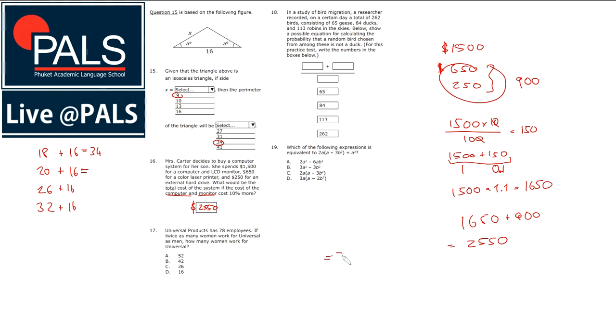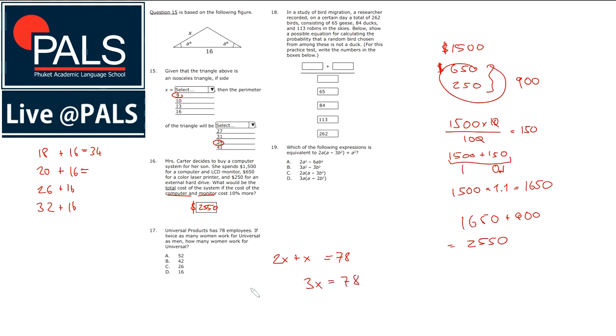Again, we know the total, 78 employees, twice as many women work for Universal as men. So in terms of men, how many women work there? 2x. This is the number of women working there expressed in terms of men, x. And then we add, obviously, the number of men that work there as well, plus x. So that means the total number of people that work there is 3x equals